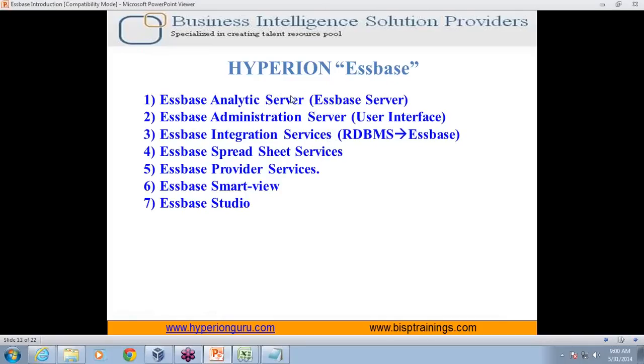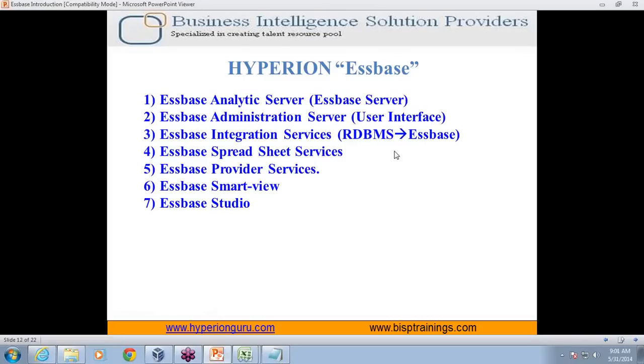What are the components that fall under that? Essbase in turn consists of many components. We can categorize them as follows. Second one, Essbase server, the actual server which receives your request, renders the request, processes it, and passes the output back to your requesting source. So this is Essbase server. It's a backend process called Essbase.exe running all the time. Another is called Essbase Administration Services. It is the user interface where people, especially developers and administrators, communicate.